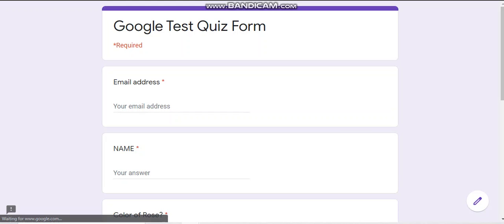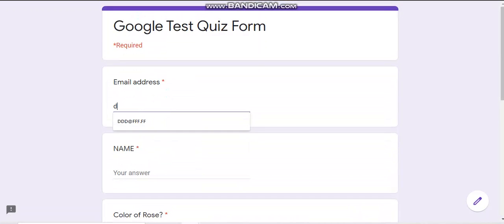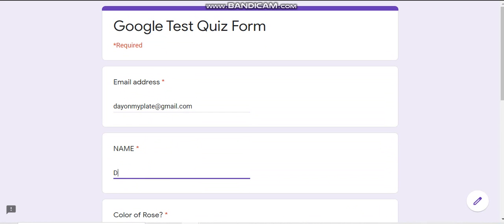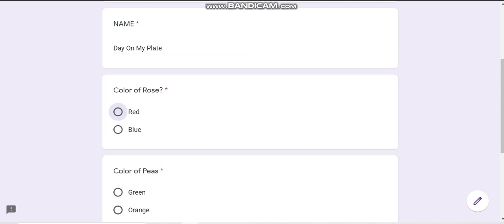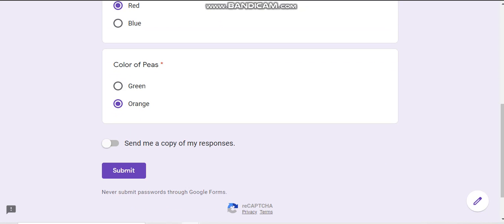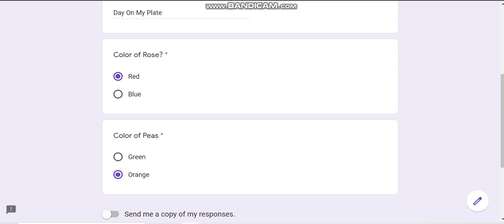Now how can you view this? See, the quiz will be viewed in this way. I am writing my email ID. And I'm clicking on red and orange. I'm intentionally making this one orange and this one red.